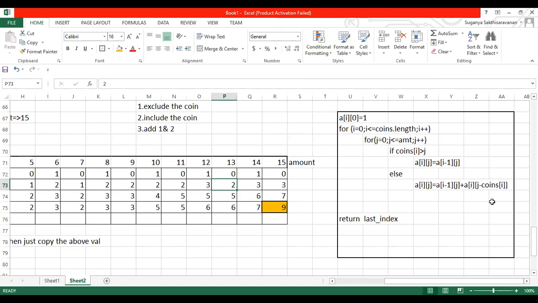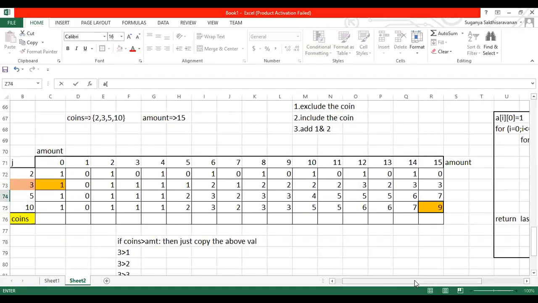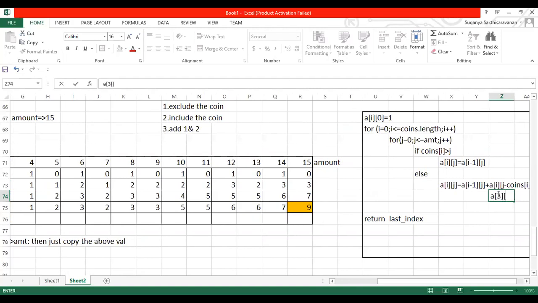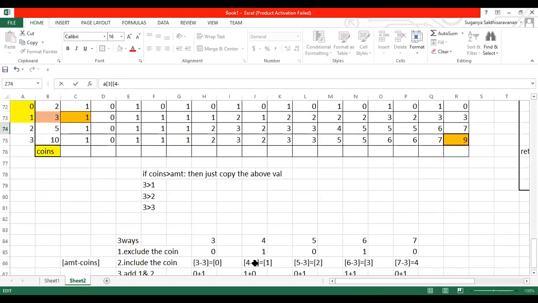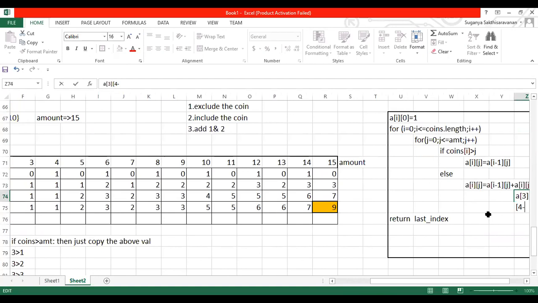So you're asking about this part, right? Let me show you. Array of i, right? So what is the i value? Okay, for example, just take some value and substitute here. Array of 3 plus, if you have amount 4 to be found, you can mention 4 minus coin of i. What is the i value? Coin of the particular position value. Coin of the ith value will be subtracted along with it. Okay, this subtraction method, this statement we have mentioned here, fetching the value of it is mentioned here.